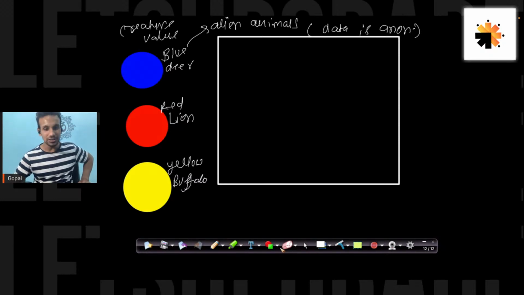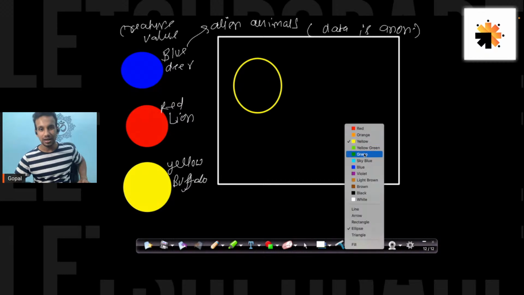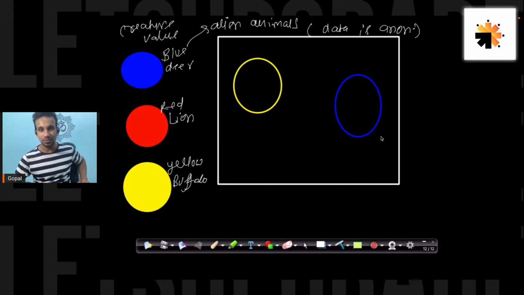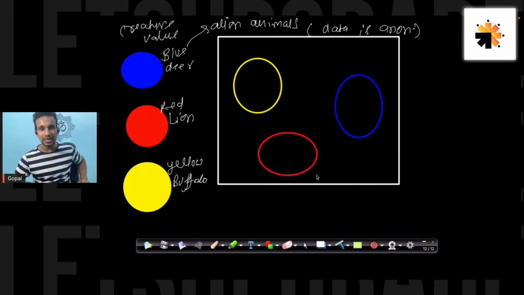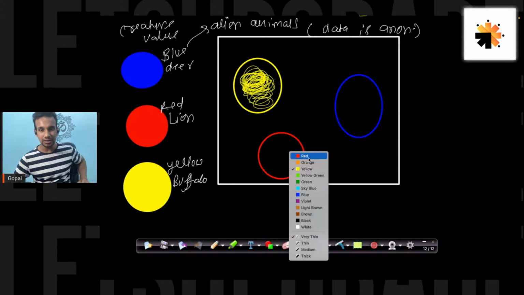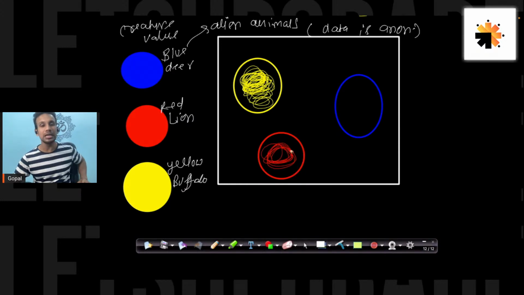Now what I can do here is cluster the data based on similarity of each feature. I can cluster the data which is looking alike. Basically, what do I mean by that?